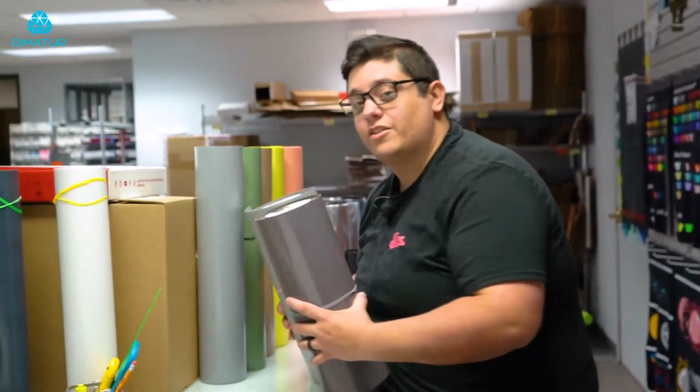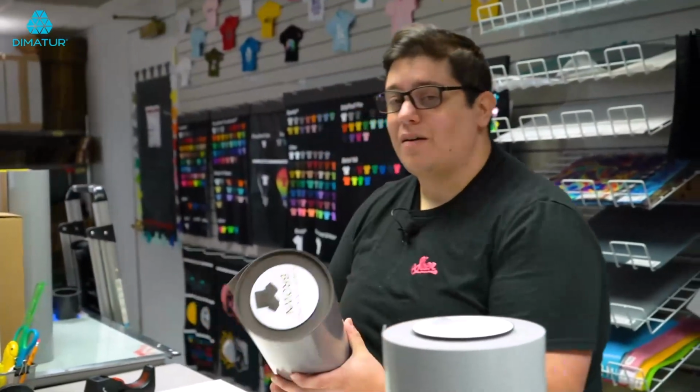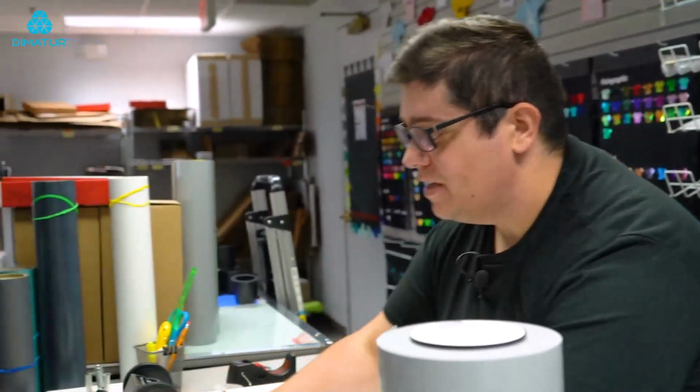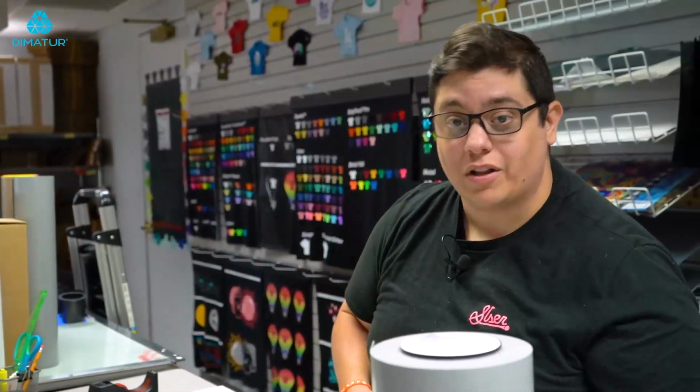Stripflock Pro is a unique and versatile material with a raised suede-like finish. One of the great attributes of Stripflock Pro is it comes in a large variety of colors, which gives you a great complement to any design. One of my favorite attributes is that it's thick enough to go over hat seams. It also is great for items like denim and other soft garments that you want to add a really unique